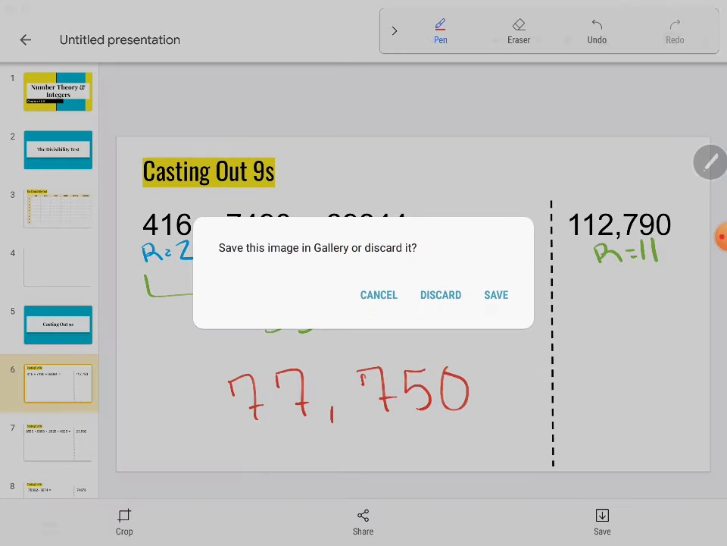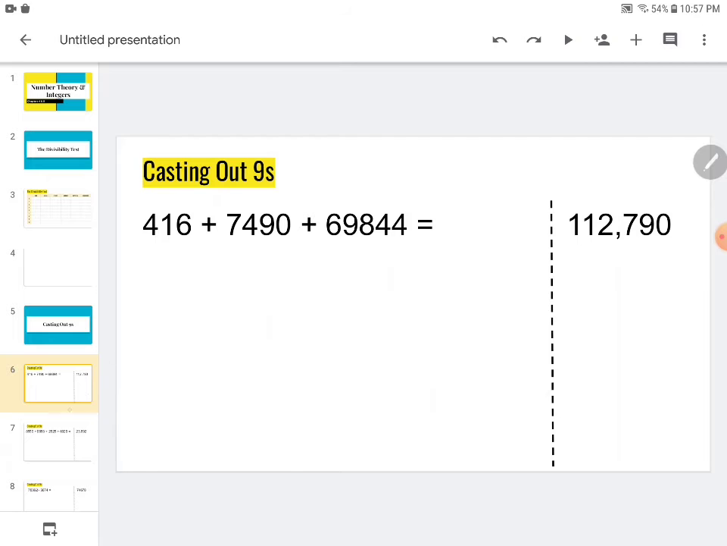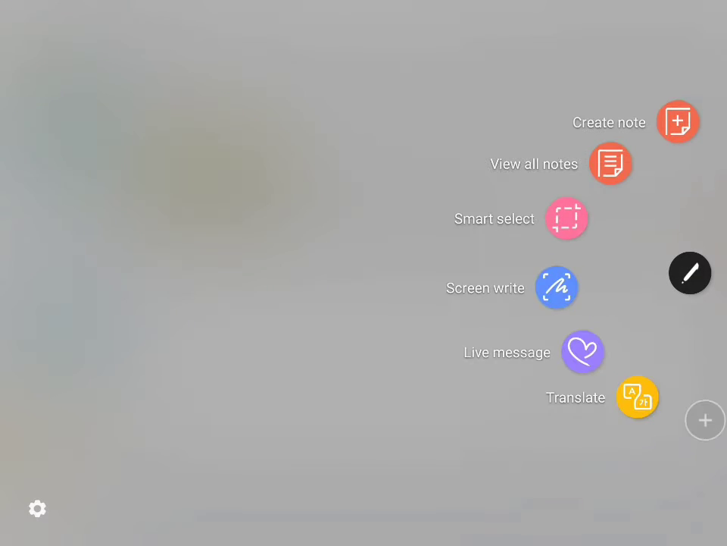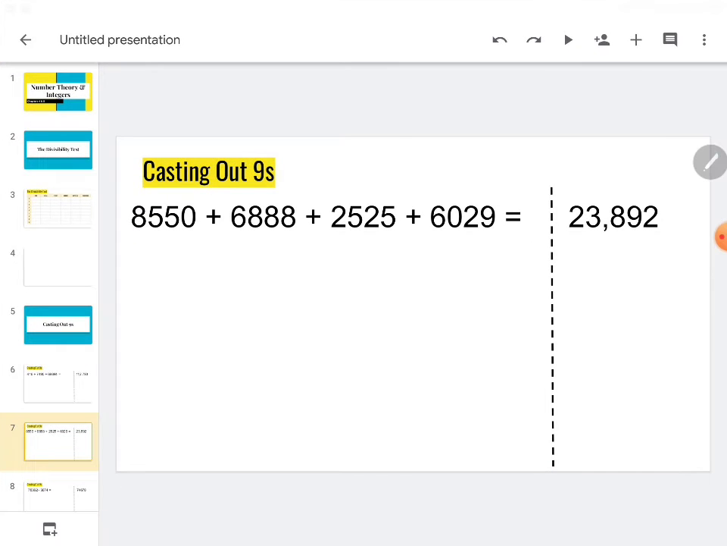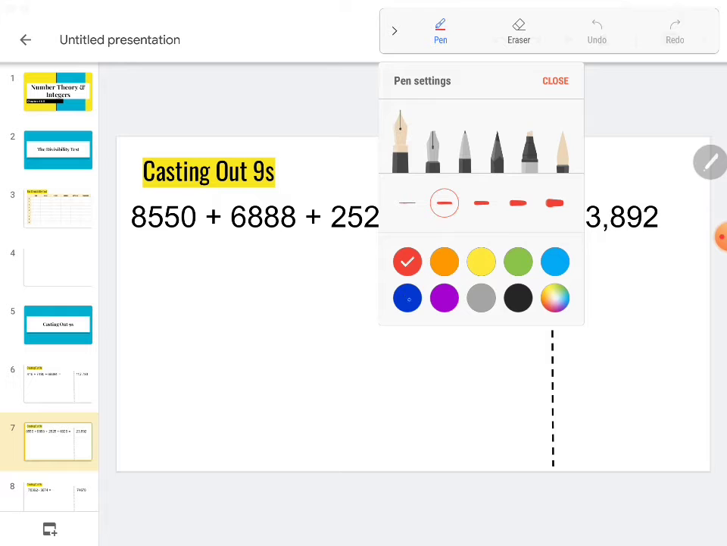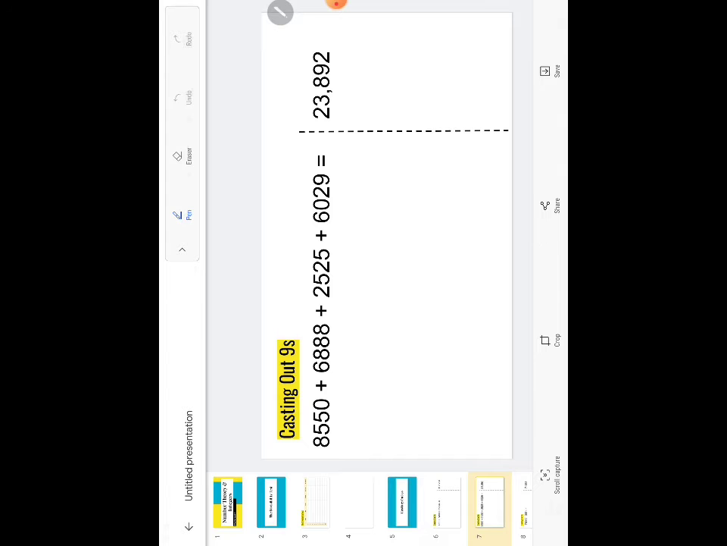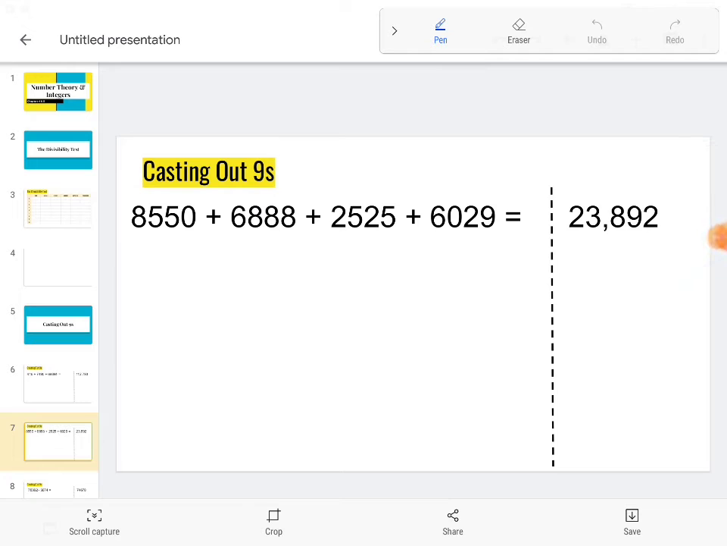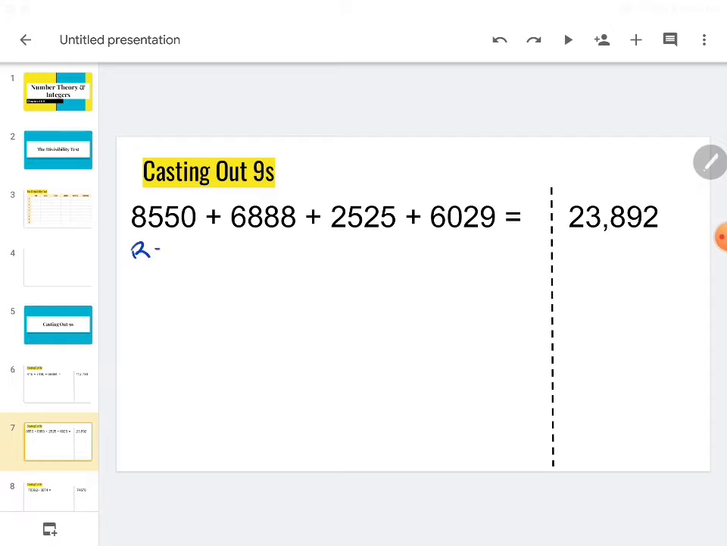So just in case it's a little too confusing, we have our next problem right here. Let me get that beautiful, glorious screen right up that I love so much. And we're going to start out with our first number, 8,550. So what we're going to do is add all the digits. We should get 18. Once we subtract our 9 from that, our remainder should be,